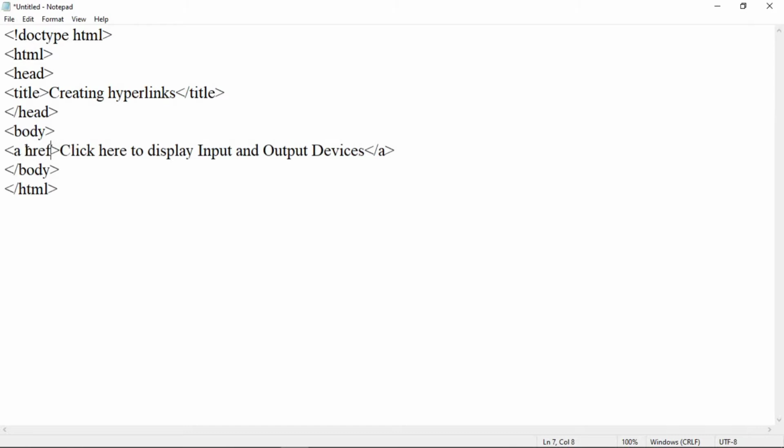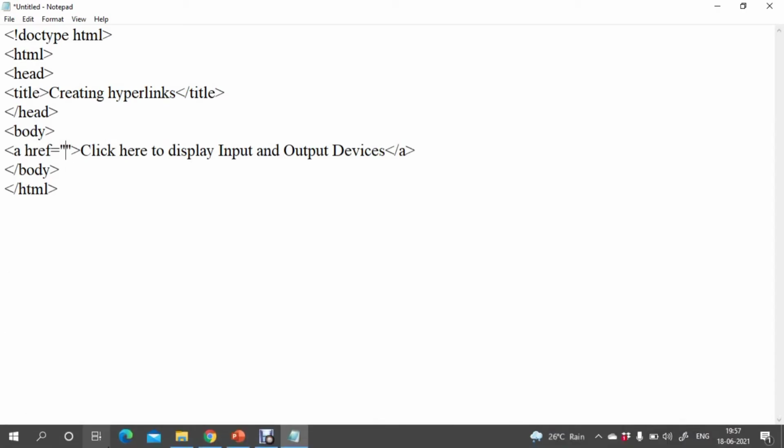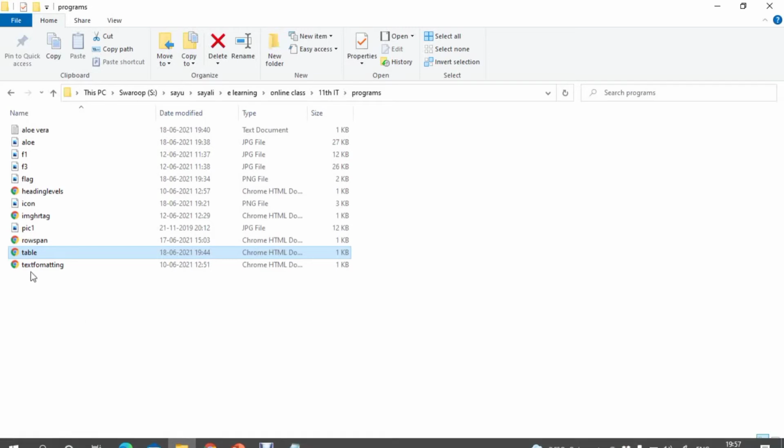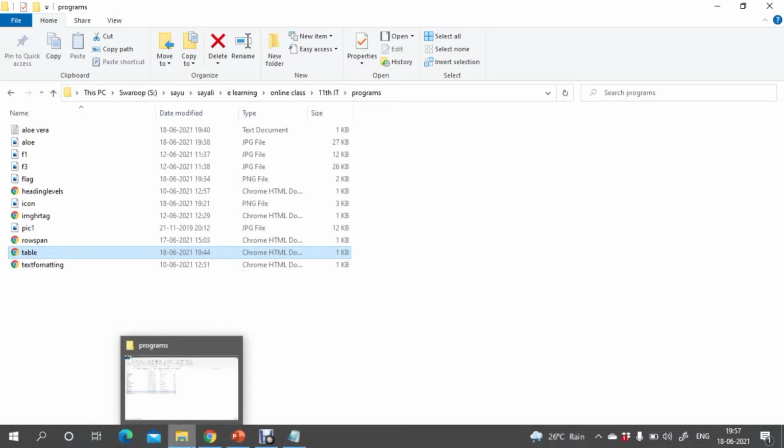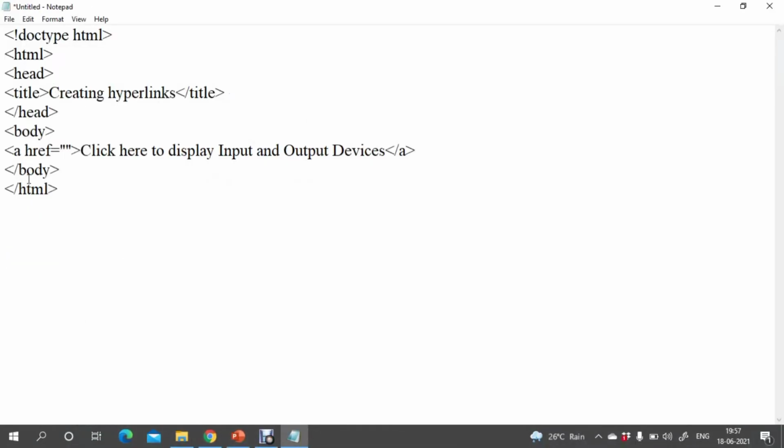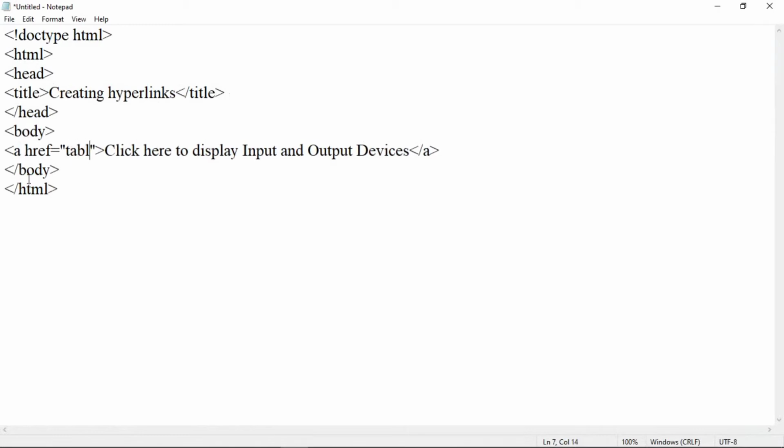So here that path is provided with the href attribute. So href is equal to, provide here the path of the file. Here the file name is table.html. So here type table.html.